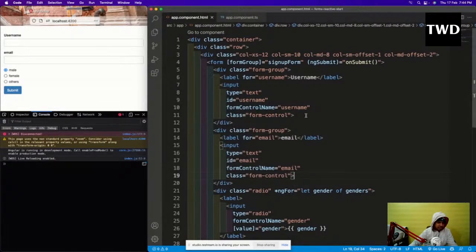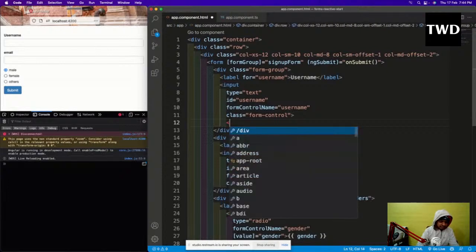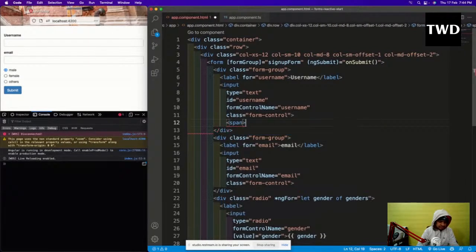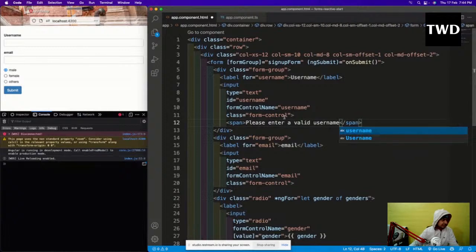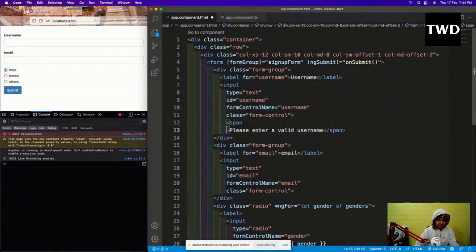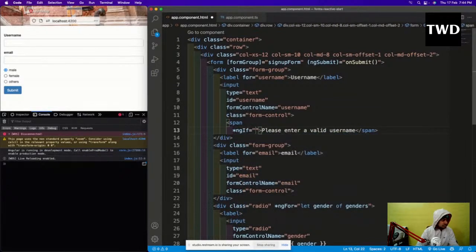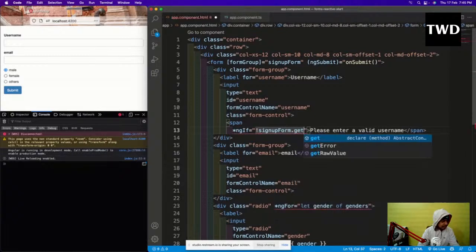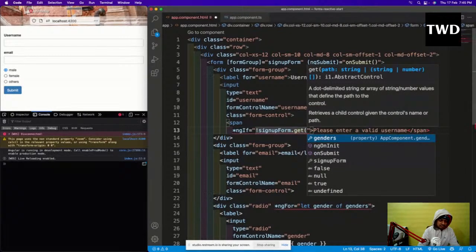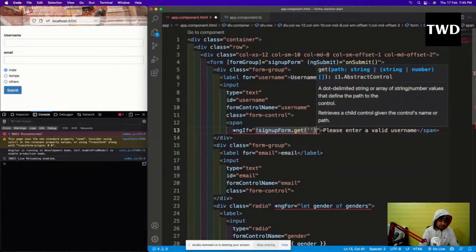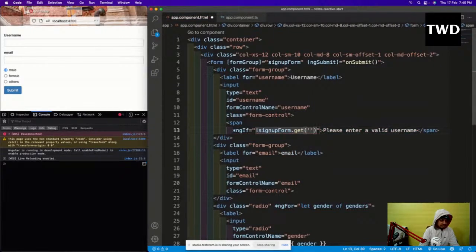After this form control, I'm going to have a span of "please enter a valid username", and then here *ngIf equal to signUpForm.get('username').valid.